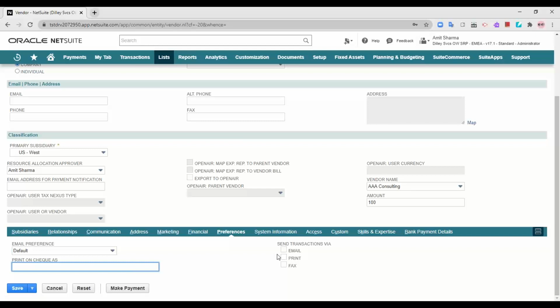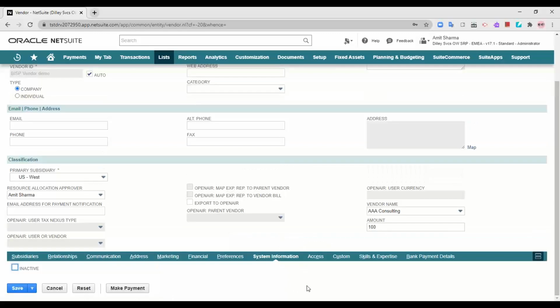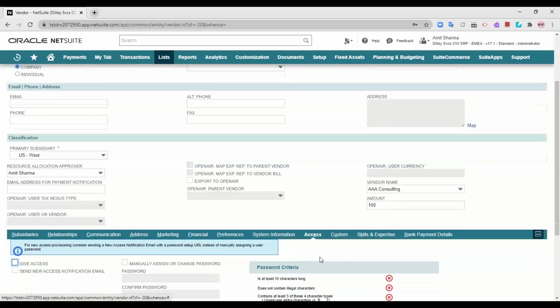If you're sending certain transactions to that particular vendor, what are the past 1 year or 1 month or quarter transactions if you would like to send them in order to reconcile? You can choose by which method you would like to send the transactions: by email or print or fax. So all this information you can provide.